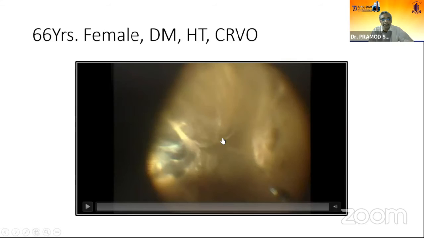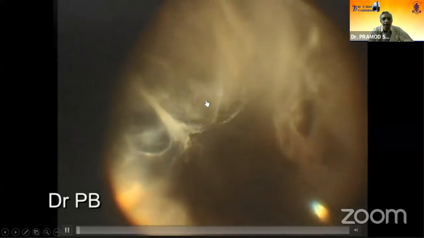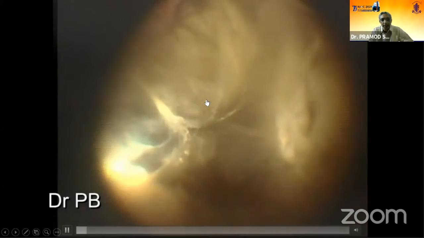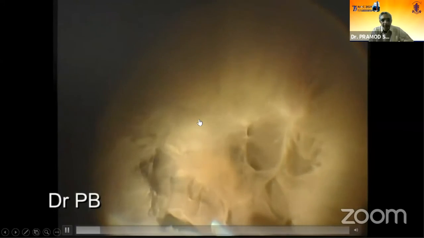This is another case, and this is what I was talking about. Elderly lady, diabetic, hypertensive, dense vitreous hemorrhage. These are very typically seen in occlusion. This is old dense vitreous hemorrhage. More commonly, you see these in a vascular occlusion. She had a CRVO, sorry. And this is again coming out as you see, altered blood, old one,